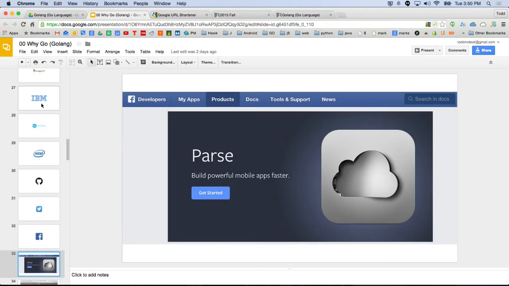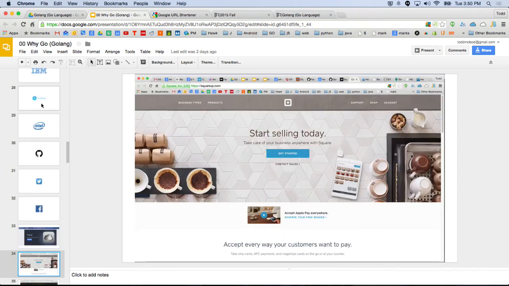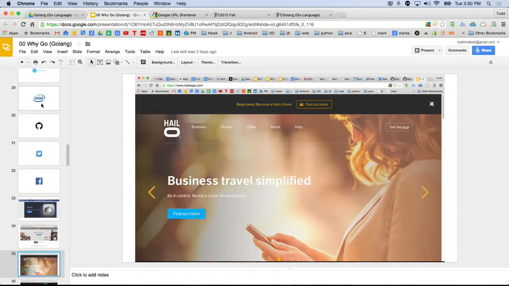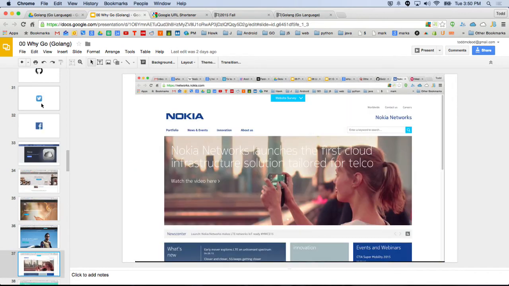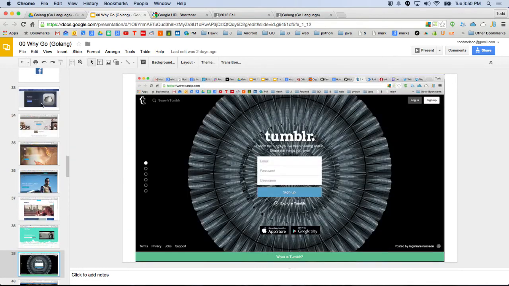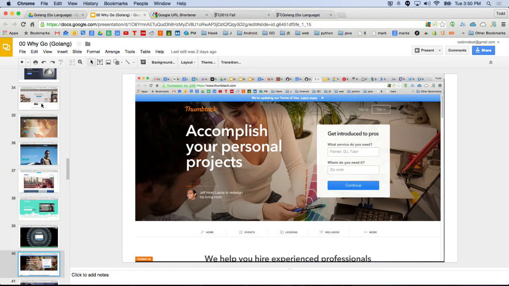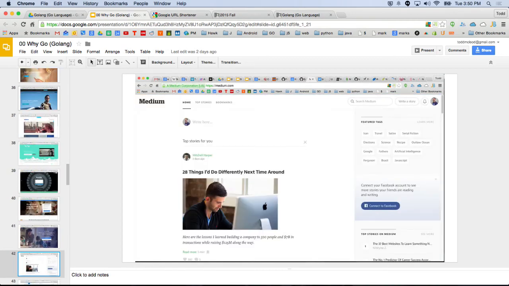Wow. And here Facebook has Parse, which is Go stuff. Square, which you know is very closely connected to Twitter.